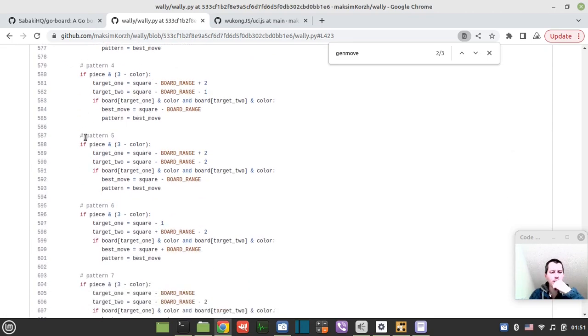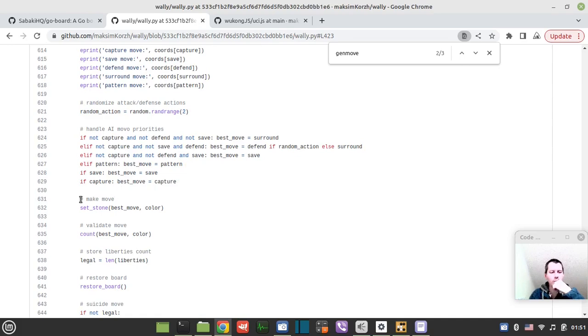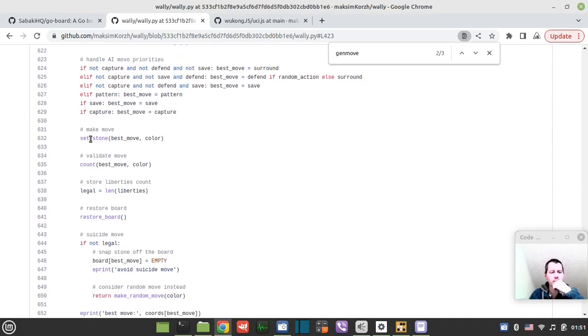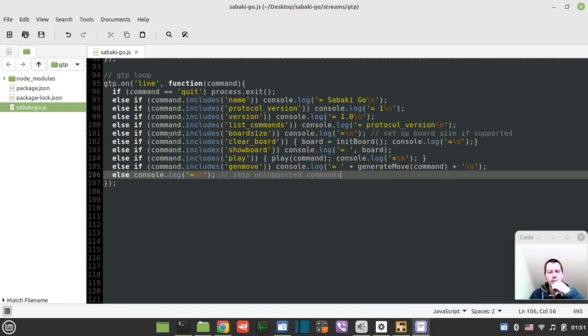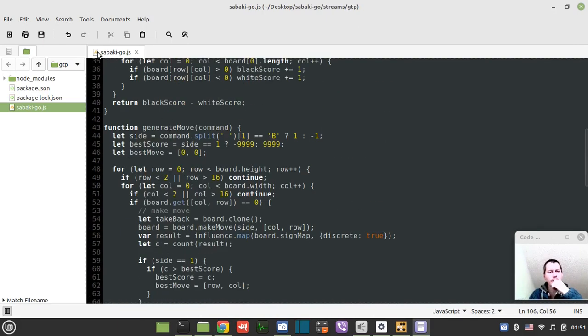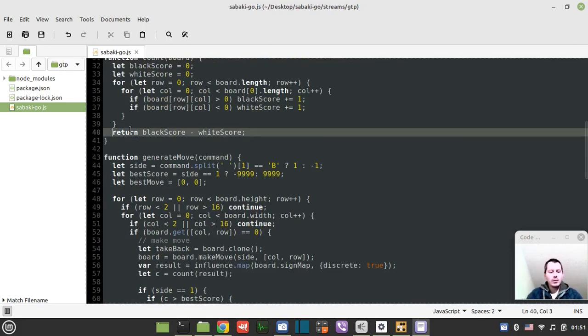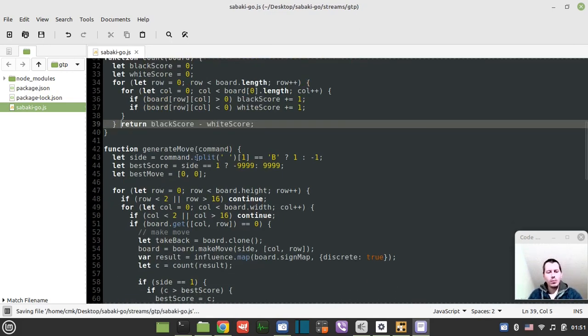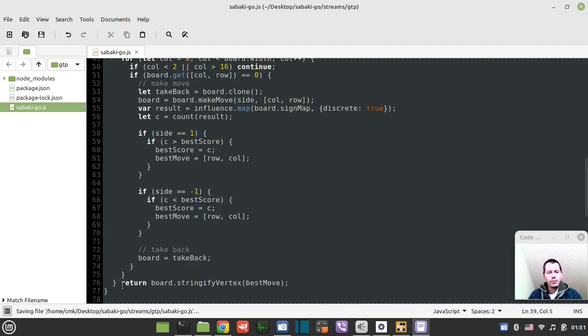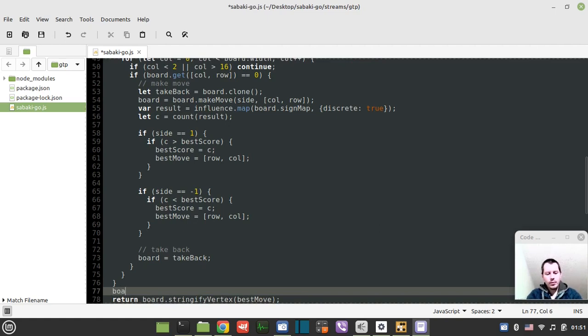And I'm wondering, is this actually, so find the best move, and you want to make the move. Yes, so it needs to generate the move, and also needs to make it, although it's not the best designed. But yes. So before return, I want to say board is equal to board to make move